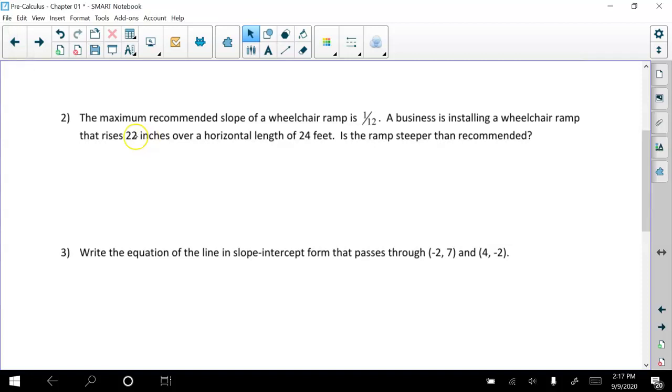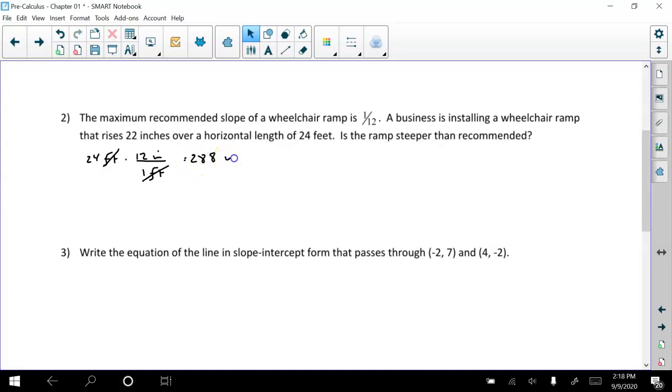Now, if you notice, we have inches and we have feet. We want to make sure we're working with the same units. So I want to keep inches as inches. I'm going to change my 24 feet to inches. So 24 feet, we're going to multiply by 12 inches over 1 foot, because there's 12 inches in 1 foot, so the feet cancel. We're left with